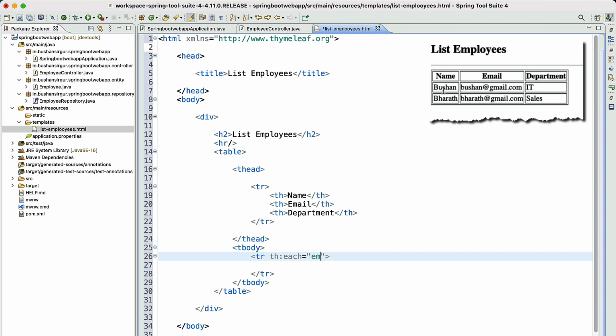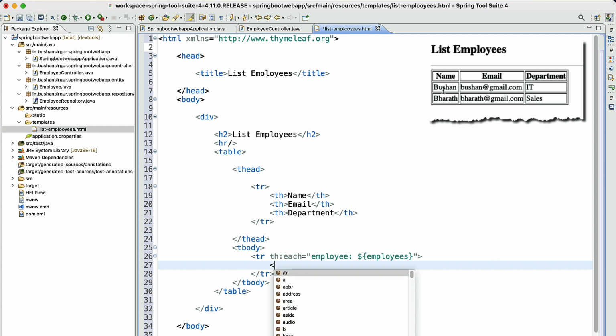We are going to create a local variable which is employee, and we are going to access the employee list using the variable expression, dollar within the curly braces, employees, which we have added to the ModelAndView inside the controller.